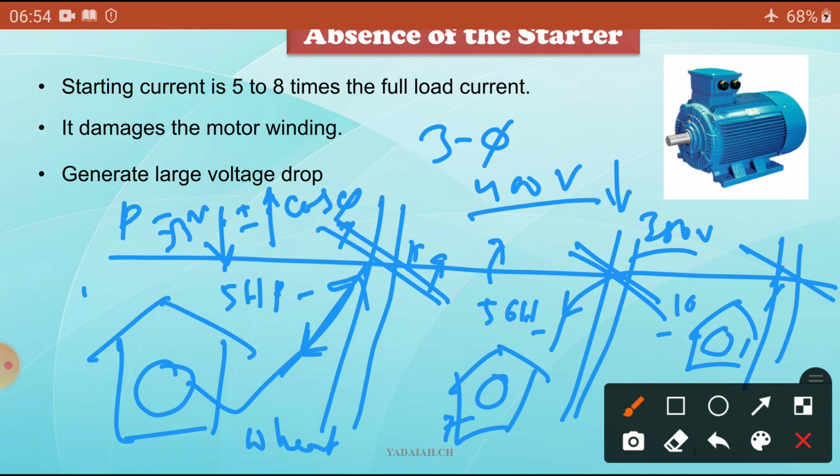What will happen? The motors will suddenly draw more current, and instead of 400 volts, the voltage may be 200. Then this low voltage is identified by a relay system in the substation, and the total line will trip. This is an unwanted thing that may take place, but we don't know whether another consumer operates at the same time as I do. At that condition, there is a voltage dip and flickering in the other applications. To avoid that, we require our starter.